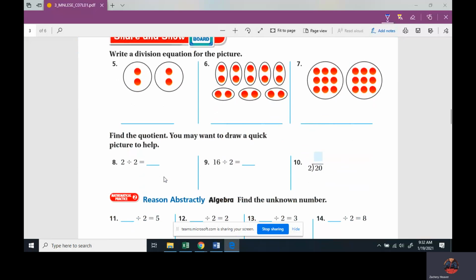Write a division problem for this picture. What's our first number going to be, Willow? Number 5, what's our first number going to be? 4. So we're only going to write one problem now. Let's just do one. 4 divided by 2 equals,